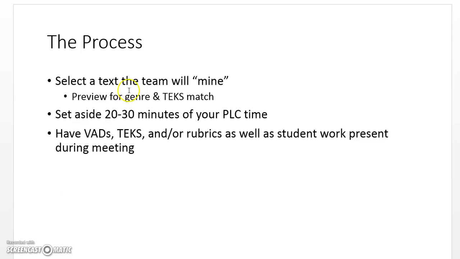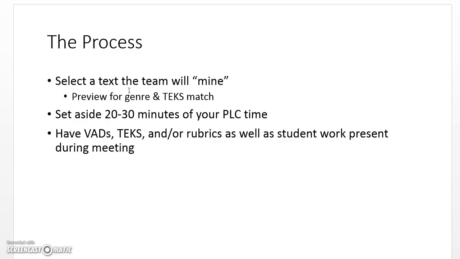This is probably going to take about 20-30 minutes with your team. You want to make sure that whatever piece you've selected matches what you need to teach. I know that sounds simple, but what I mean is, if you want to teach students how to integrate something like figurative language into their writing, you want to make sure that the text you choose is rich in figurative language so that there are teachable moments there. If you're teaching nonlinear plot development, you want to choose a text that is not linear. So just keep that in mind when you're choosing. You also probably want to keep it short, because you want to be able to go back and refer to it a lot, and you want your team to be able to go through it pretty quickly in the